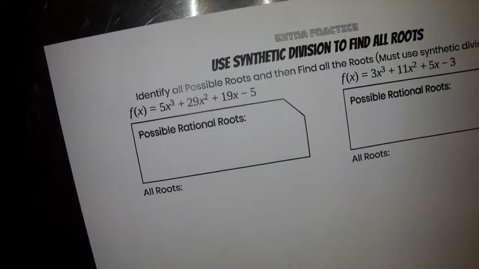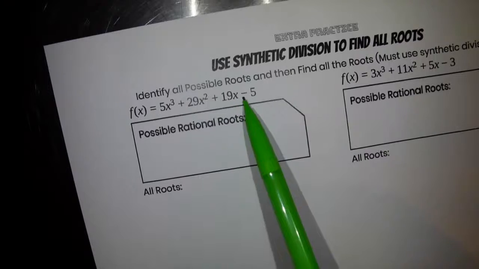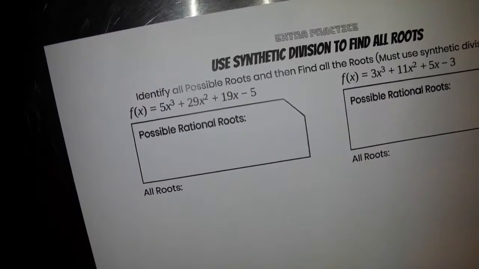Here we're using synthetic division to find all of our roots of a polynomial. If you recall, before we used synthetic division, we did factoring to find our roots. So we had to factor things out to figure out where those x-intercepts are. Here I have 4 terms, and I'm going to use synthetic division